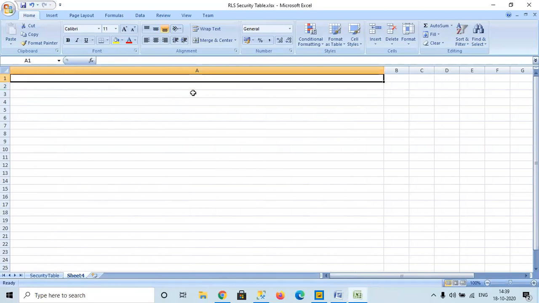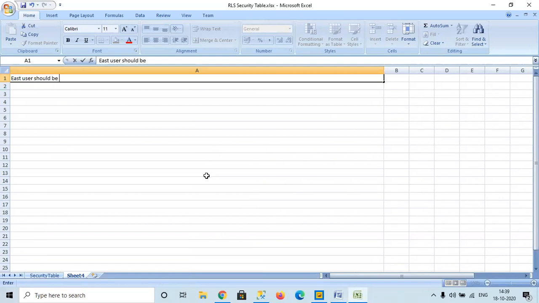Okay, East users should be able to see only East records of data or information, right?